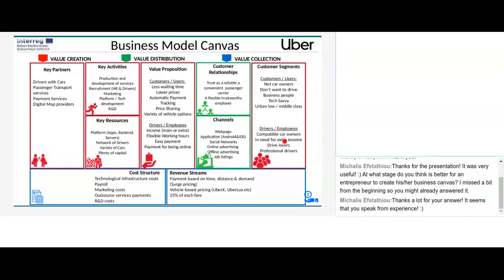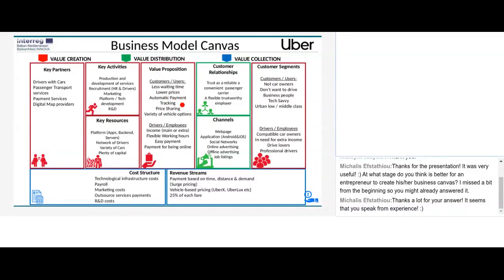So basically, the value proposition, we move now. As we can see, for the customers or users, it is less waiting time, because in most cases the way Uber works, it has drivers on standby, which are getting paid for being on standby, and they can easily come to the place they're requested to come. Lower prices in many cases,